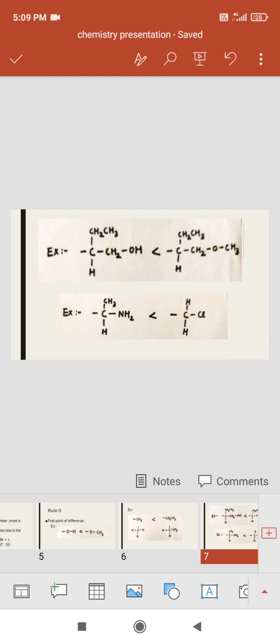In the next case the first atom is identical and here we also choose the best from all these three: carbon, hydrogen and nitrogen. From these three, nitrogen has the greater atomic number, so we choose nitrogen. In the next, hydrogen, hydrogen and chlorine, chlorine has the greater atomic number, so we choose chlorine. From nitrogen and chlorine, chlorine has the greater atomic number, so we know that this will get more priority.